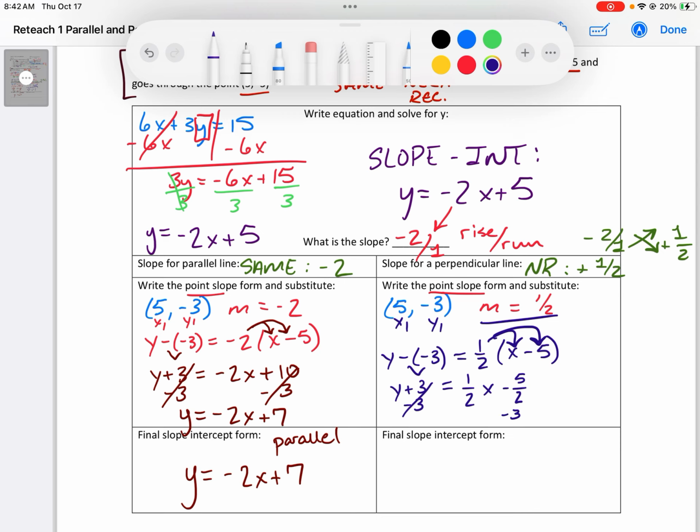Now, when I subtract 3 from this, 3 is a whole number, 3/1 minus 5/2. So one thing that would be helpful is go ahead and make that -3 a fraction over 2. So that'd be -6/2. And so my final form would be y equals 1/2 x minus 11/2. All right, hopefully that helps refresh your memory a little bit on slope, parallel slope, perpendicular slope, slope intercept, point slope, and